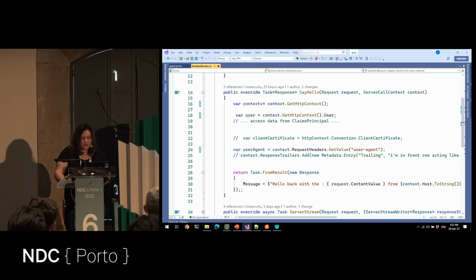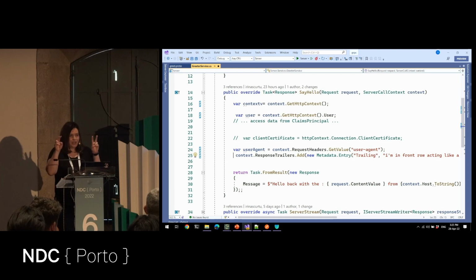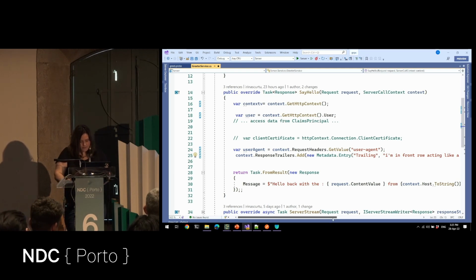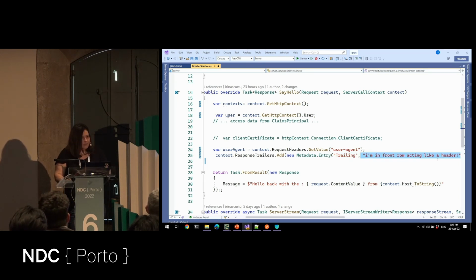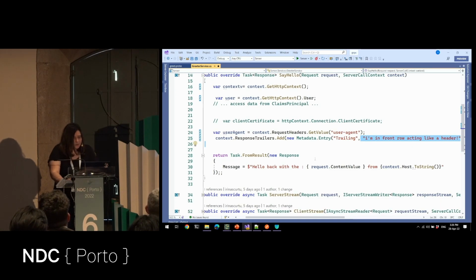Also from here, you can do something else. You can add response trailers. Remember the thing that is specific to gRPC that is sent at the end of the body of the request, named trailer. So how do you add those? Those are added just by using the context, so the current call context, response trailers, and you add this thingy that is called metadata entry, which is nothing more than a key value pair. You add the key and you add the pair, and that's it. Okay? So from here, it's your job to implement what is actually needed in that method.